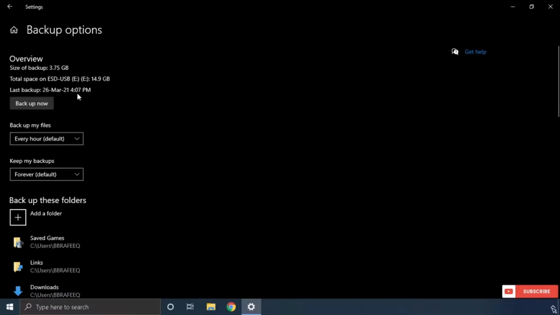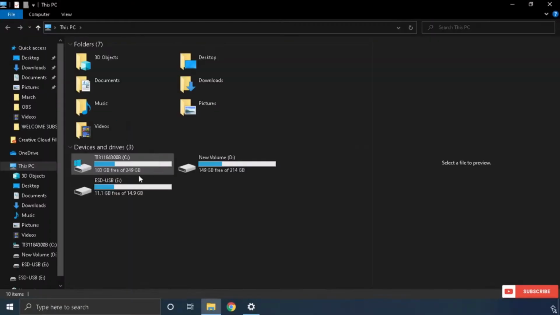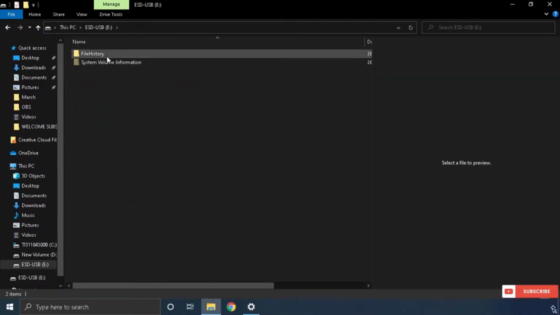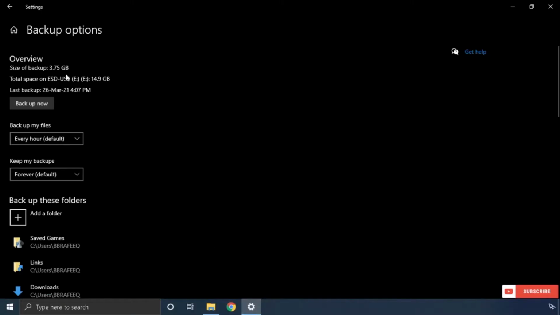Now you can see the backup size is here, and if you open the USB drive, you can see the File History folder here, 3.75 GB, and you can see also 3.75 GB.